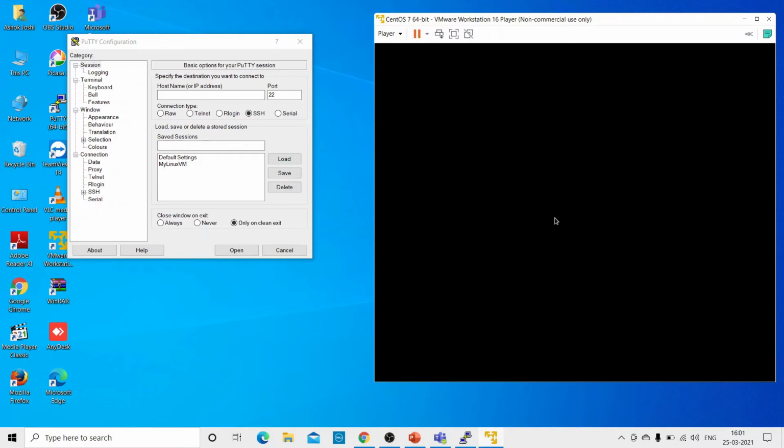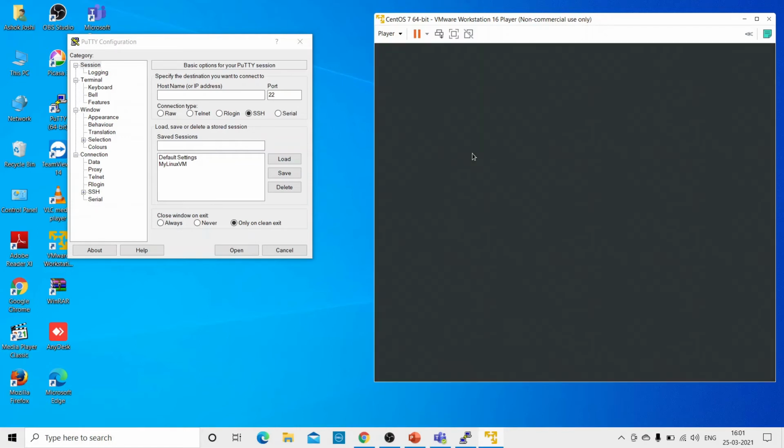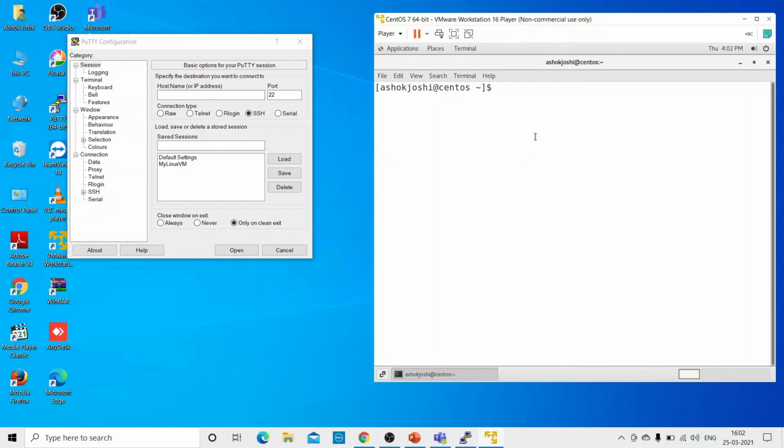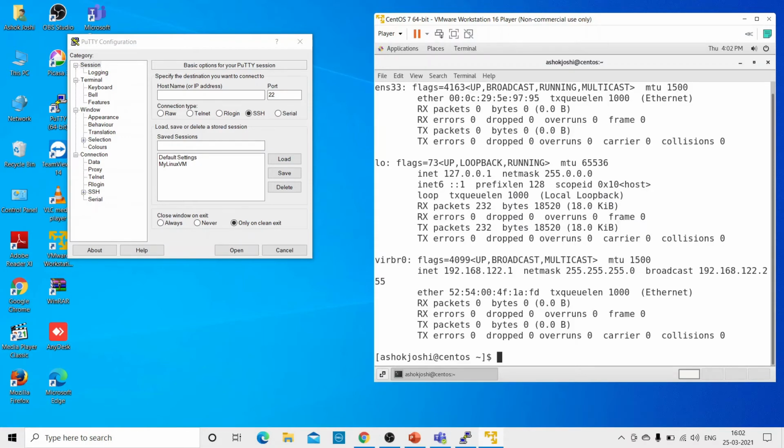Now the next thing you'll have to do is check what the IP address for this CentOS is. So how to check your IP address? You'll have to write a command called ifconfig. Where you will write it: open your terminal, and in order to check your IP address, this is the command, ifconfig, and press enter.